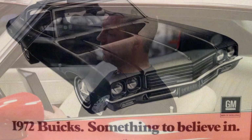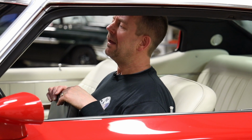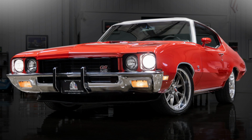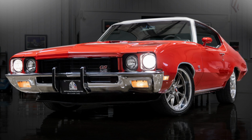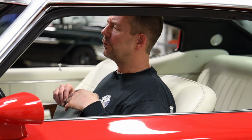So this vehicle was the product of a complete frame-off restoration. It was obviously a complete nut and bolt. It was done very, very nicely. I would refer to this as somebody who didn't really spare a lot of expenses, because as I talk more about the car and you learn more about the car, you're going to recognize how much money and time was spent on this vehicle. So the first thing is, from the information I've gathered, this was a rust-free car before